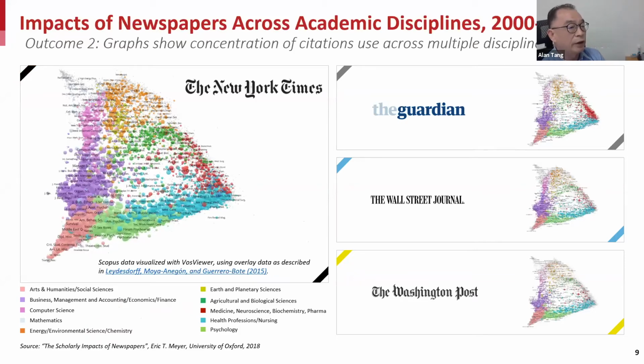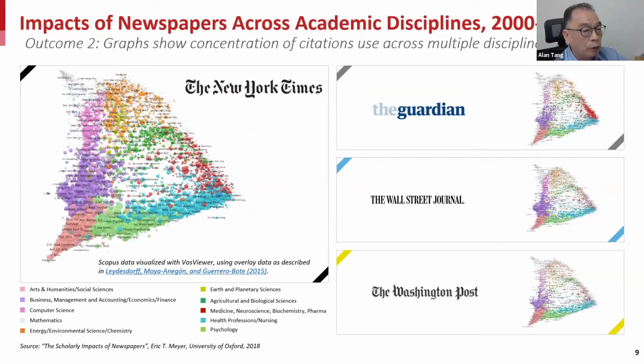And then this is a graphic showing the concentration of citation used across multidisciplines. On the left-hand side, you can see the New York Times, and you can also see the color dots are comparatively quite even. That means it crossed among all different disciplines. And also you can see the Guardian, the Wall Street Journal, and the Washington Post on the right-hand side. And on the left bottom, you can see the different colors representing